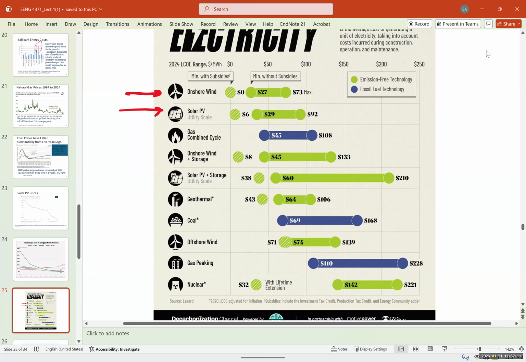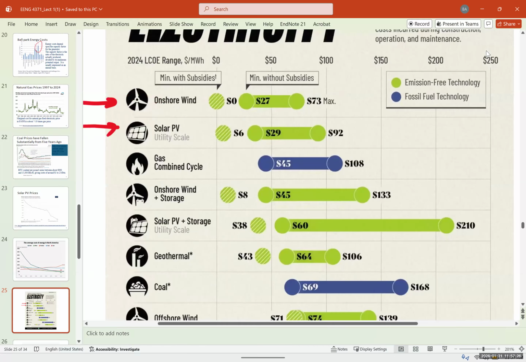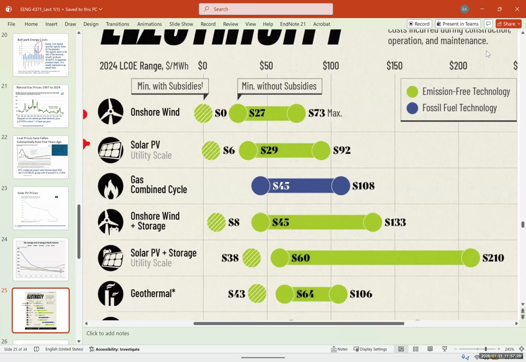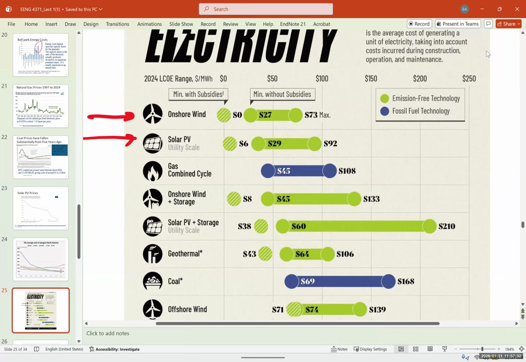This is a range, and you can see for lifetime extension, with subsidies, wind becomes almost zero. It becomes almost free if there are government subsidies. Without subsidies, you can see the minimum, and this is the range from minimum to maximum. You can see it's the cheapest form of energy. Also, solar is right after that, and then it's gas, combined cycle. Combined cycle means that some generators, like the Exo generator in Northtown, actually use coal, but they are transferring that to a gas power plant. They are retooling it for gas.